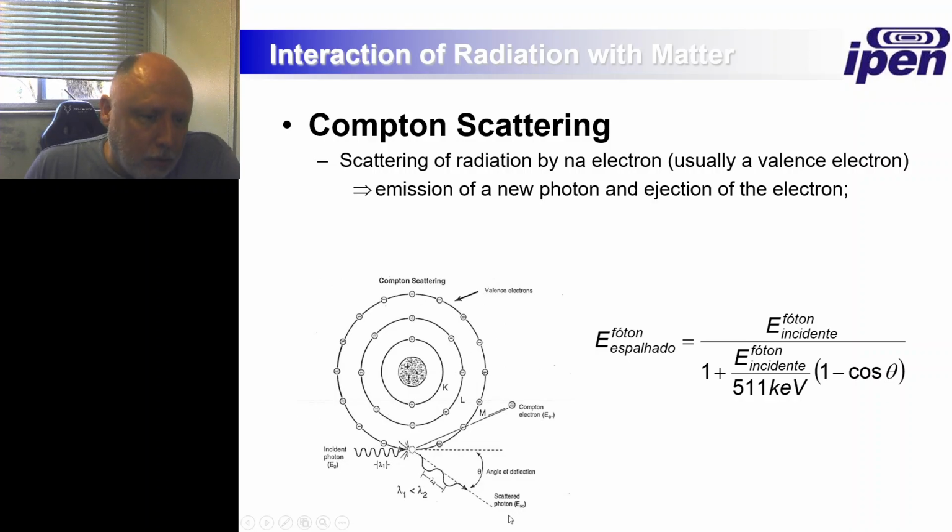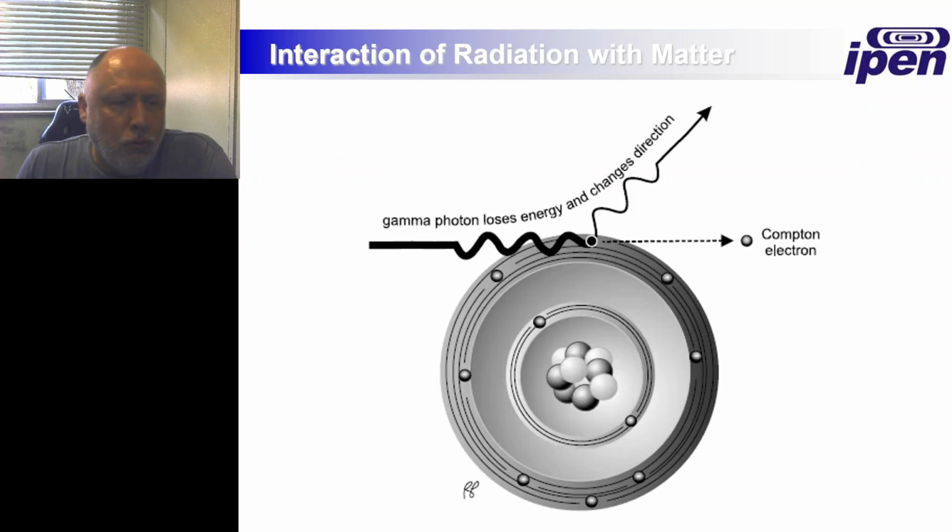If we know the scattering angle, then okay, we can calculate. It's a simple equation, but we don't usually know. And we don't usually know how much energy went to the Compton electron and how much went to the scattered photon, right? So that's it. You have a gamma photon that interacts here, the second photon is emitted, and a Compton electron is ejected. Now without a very well-defined energy,